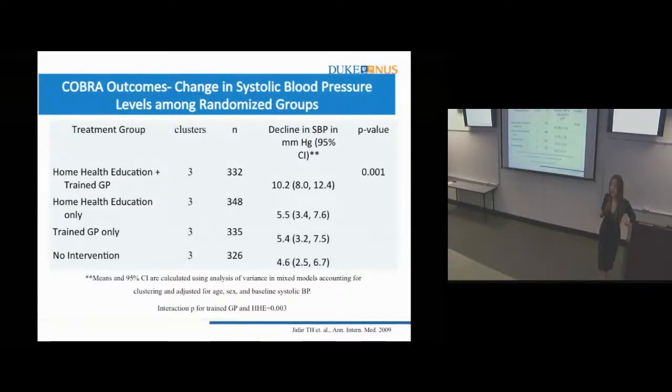And in fact, a student of mine of maths who's doing a master's did a separate analysis of people who were going to trained GPs. She gave MEMS bottles to them, which are medication adherence monitoring devices. And she looked at adherence to antihypertensive medication. And people who went to trained GPs, adherence to antihypertensive medications did improve.